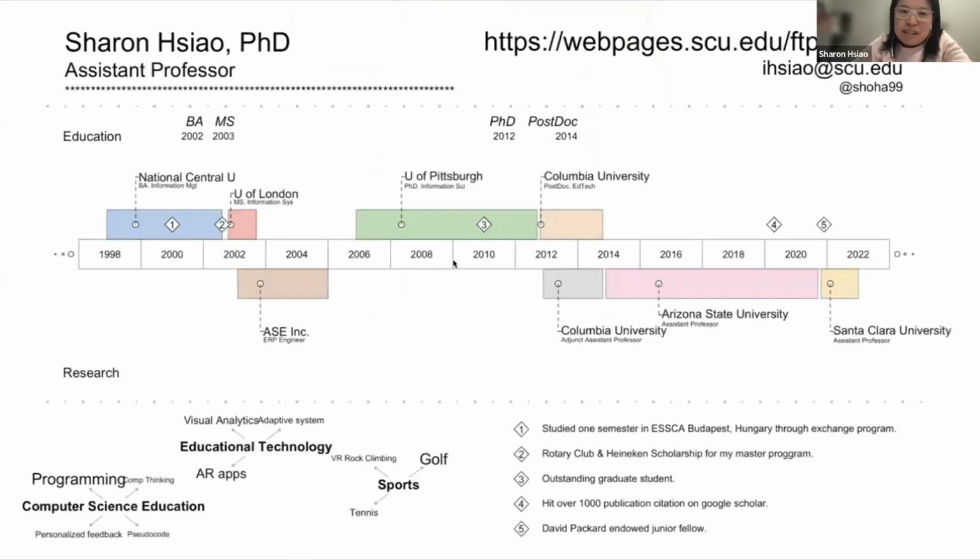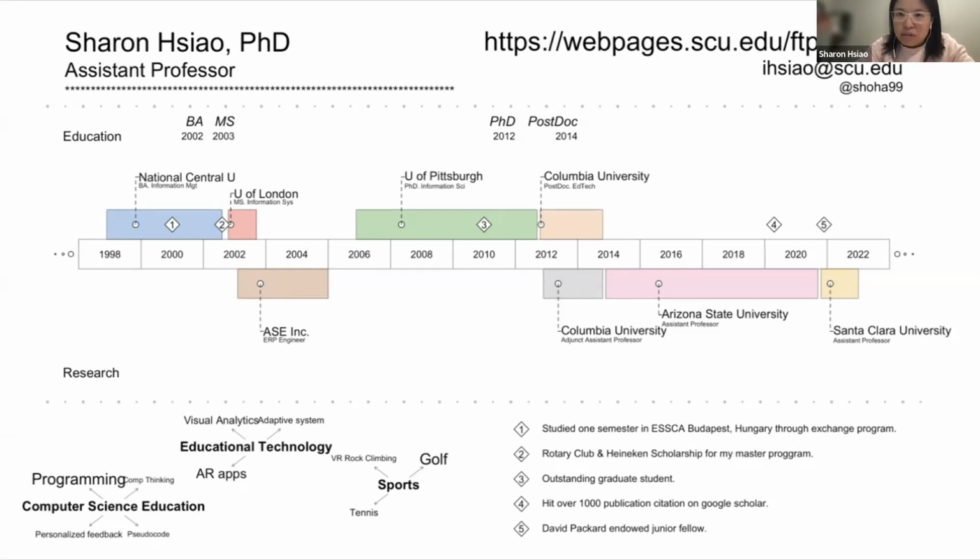Just to give you a quick background, for the past 10 to 15 years, I have been working on programming language learning from the user modeling perspective, from the learning analytics perspective, centered around computer science education, particularly in programming. And I built a lot of educational technology tools to analyze it, to see